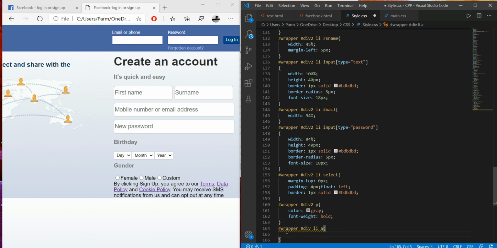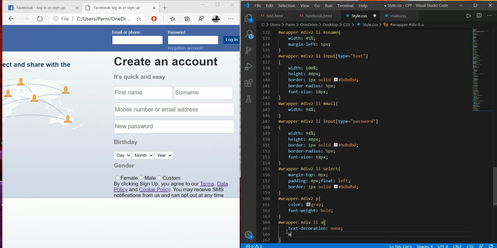and here we write text decoration none. Text decoration we don't want. Then margin left, we want margin on the left to be around 10 pixel.